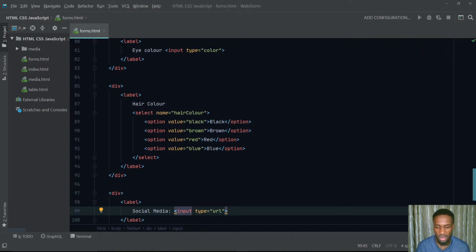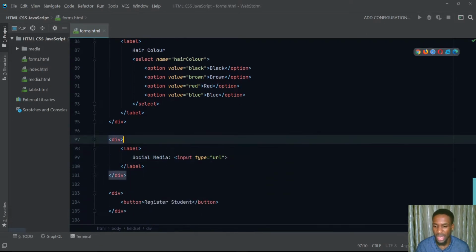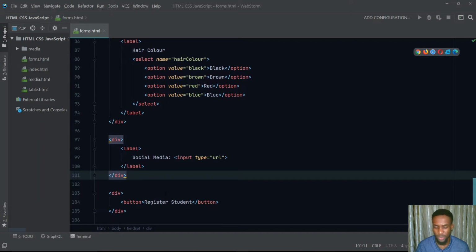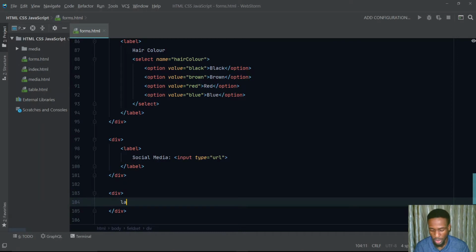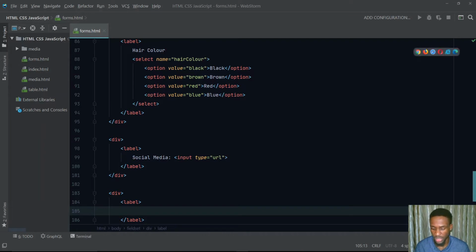And the other thing I would like to talk about here is a part whereby the user will be able to upload something like a passport photograph. So now I'm going to create a label again, and I'm going to put this on a new line, label, and I'll come over to this part, and I would say upload passports. So this one is going to be another input